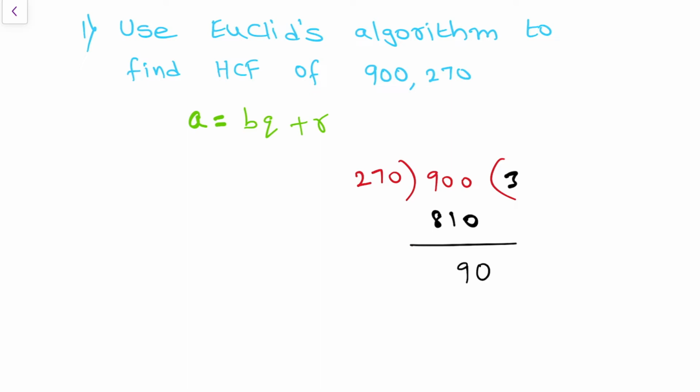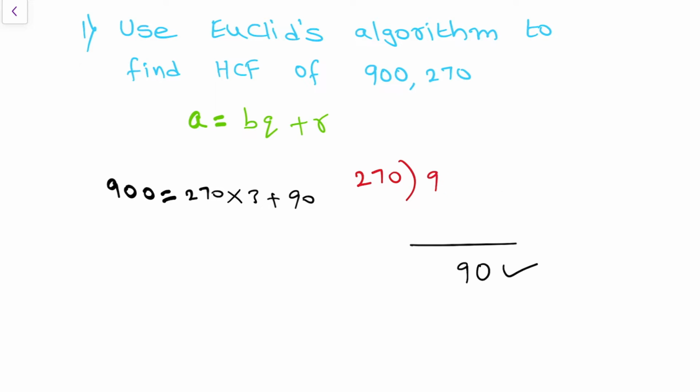Now we need to write this in the form a equals bq plus r. So let us check. Dividend, that is 900, equals divisor 270 into quotient 3 plus remainder 90. Now after completion of the first step,